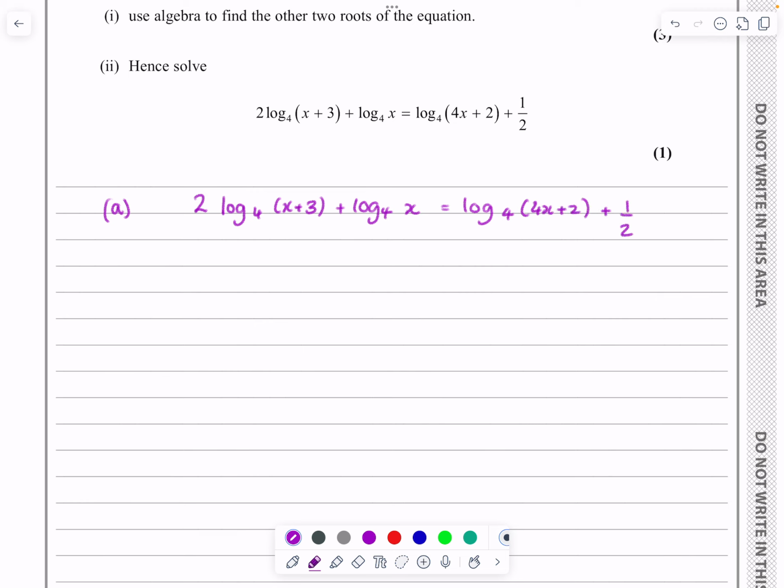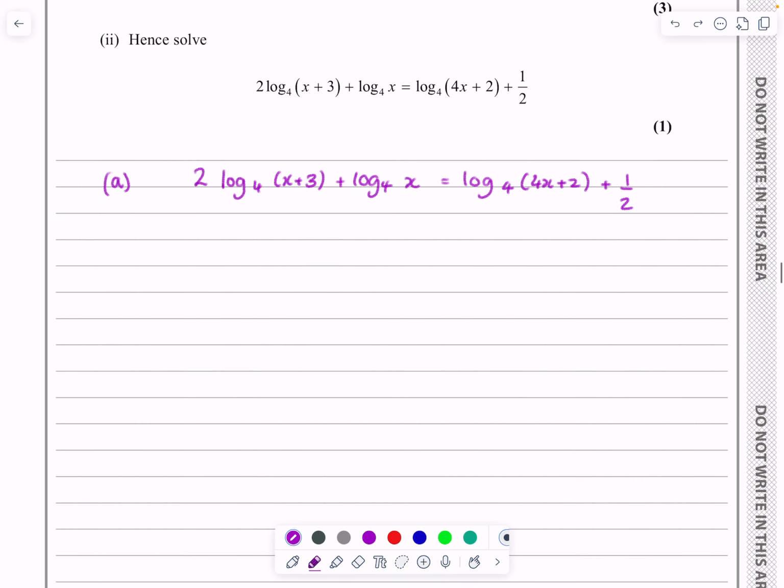So what I'm going to do is get all the log to the base 4s on one side, and then we'll start using log rules to see if we can simplify everything. So I'm going to use a log rule straight away with this term here. If we've got 2 log 4 of x plus 3, using one of my log rules, I can take that power up there. So I'm going to do that with the first term. So we've got log 4 of x plus 3 squared. I'm not going to do anything with that second term, log 4 of x, and then all I'm going to do with this term is take it over to that side, so I'm going to get minus log